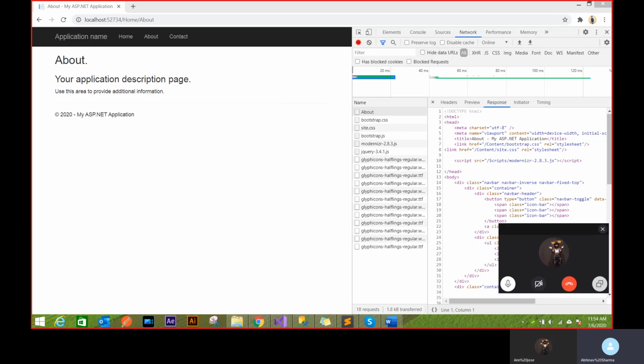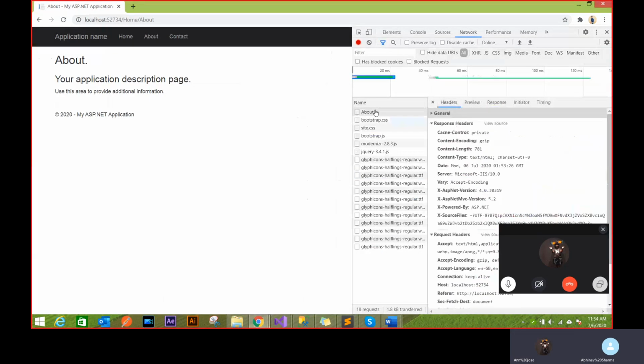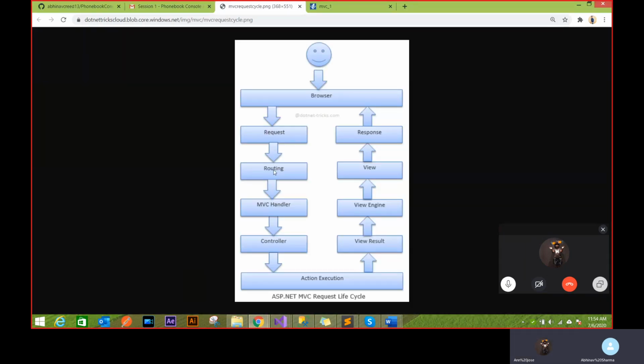So let's go through that whole life cycle once. The MVC lifecycle is like this. We start with a browser that initiates a request, which you just saw. This is the request that the browser initiates when I do something on the browser. That request then goes to routing. That's the first thing, because in order to actually go to the right function, there has to be some way to figure out what you're trying to access. That's the routing part. Routing gives that to the MVC handler, which decides which controller it should go to. This controller will have all the functions. All the functions that you think about will always be on the controller side.